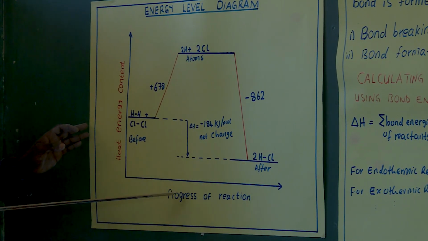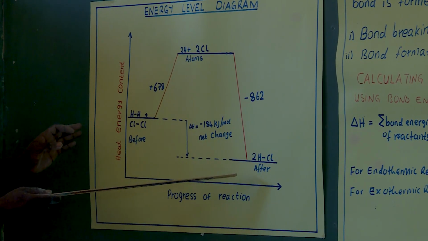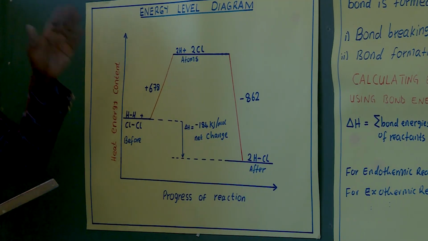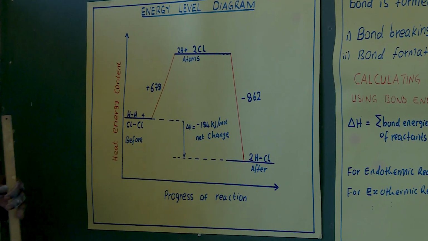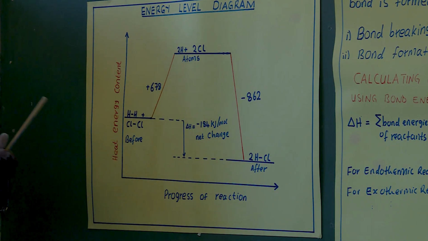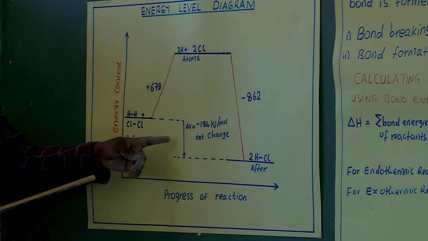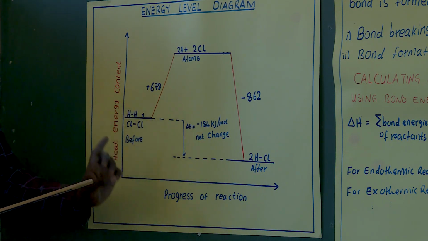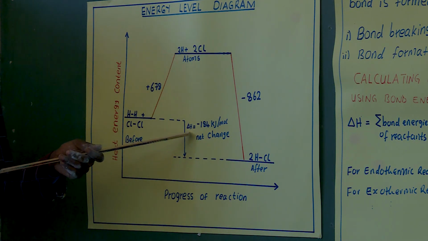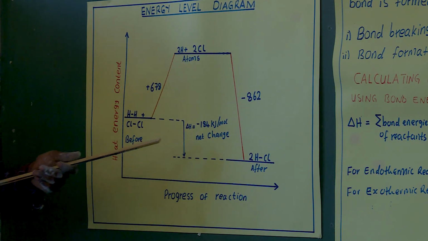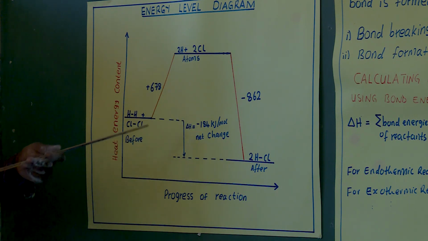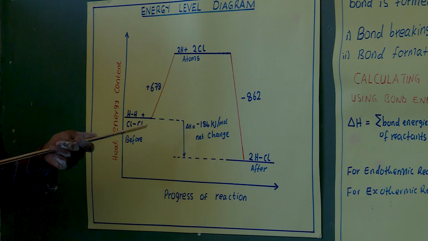The progression of the reaction is going this way. Then here we have the heat energy content fluctuating because of the bonds being broken as well as the bonds being formed. So delta H is negative. The conclusion we make here is that it is an exothermic reaction, which simply means that because delta H is negative, we have to release,